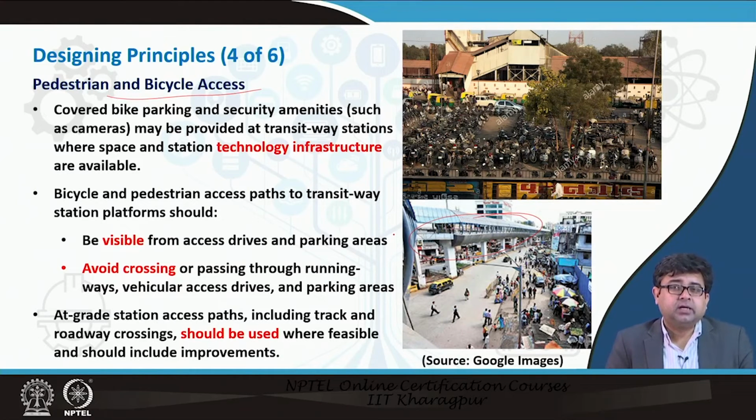So, it becomes a challenge once you have that expensive piece of infrastructure, which then requires continuous maintenance. You can have them, especially in Mumbai, where you have to separate pedestrian traffic from the motorized traffic,